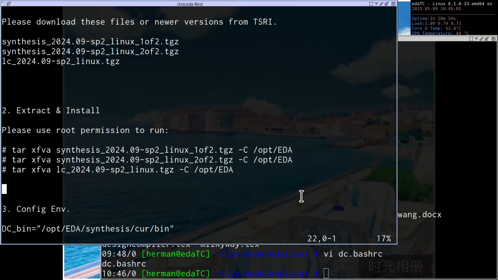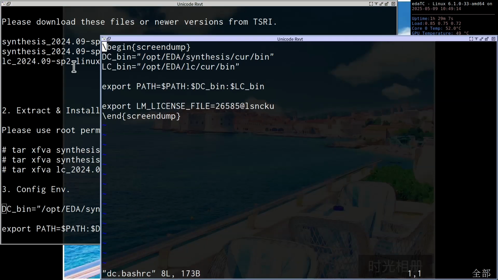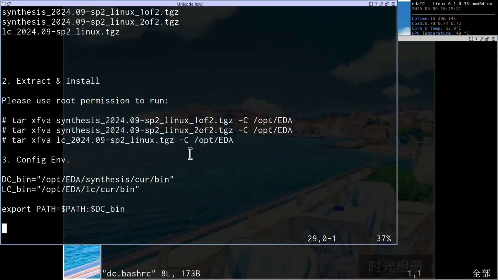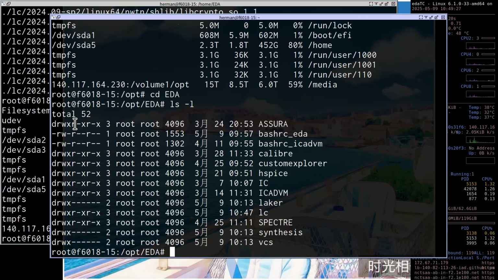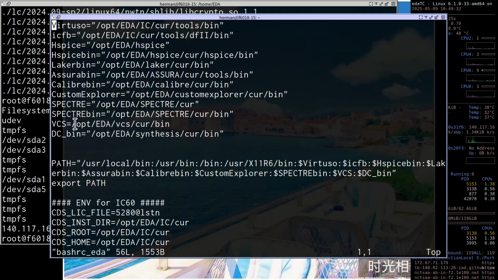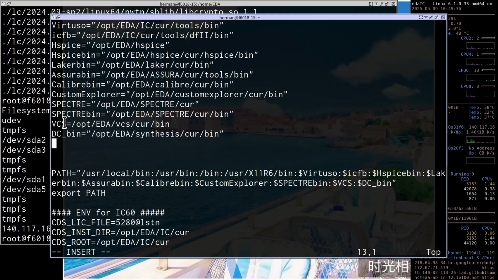So you can configure the environment. You can add one more line here, and the LC bin path here. So you can edit bashrc.eda and add one more line, one more configuration here. Oh, sorry.